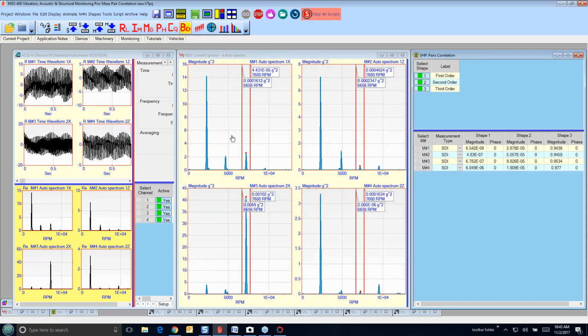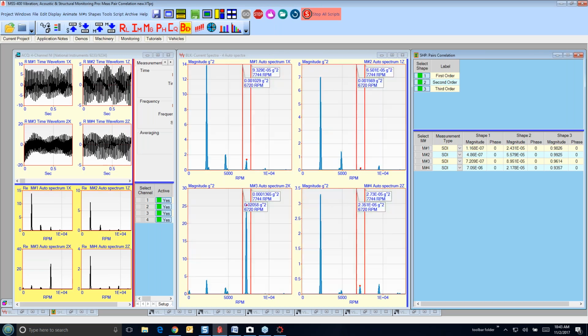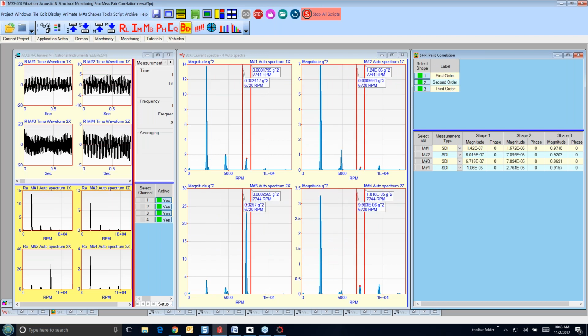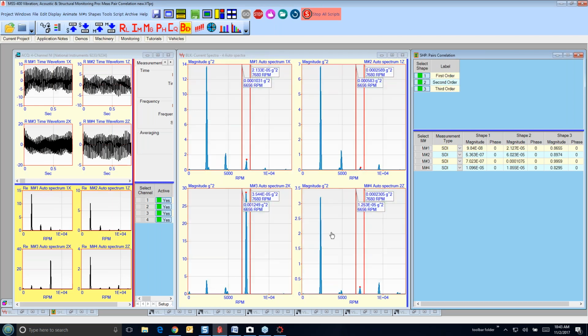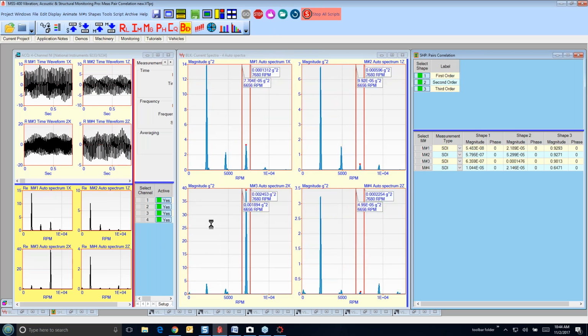So again, this is X and Z directions, horizontal and vertical on the outward bearing, and these two down below here are X and Z, horizontal and vertical, of the inboard bearing. Quite a difference between those two bearing blocks and how this machine is vibrating.